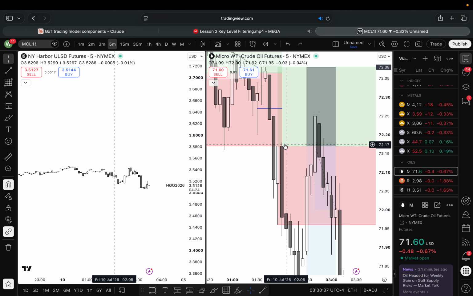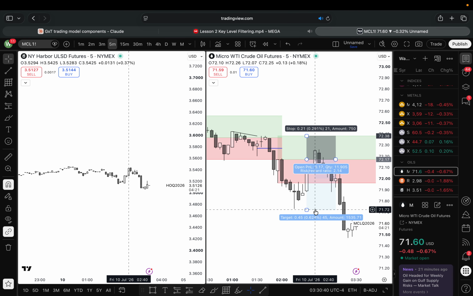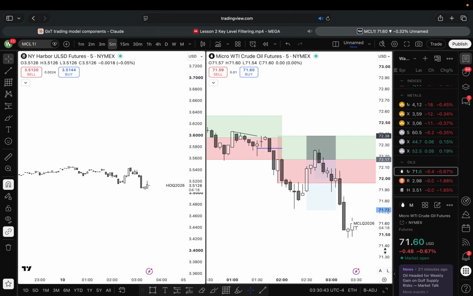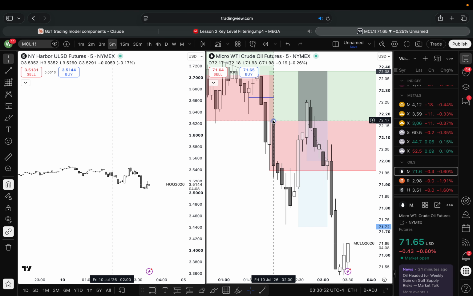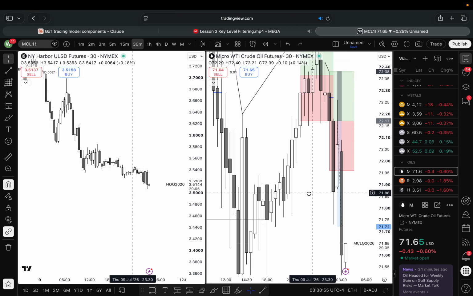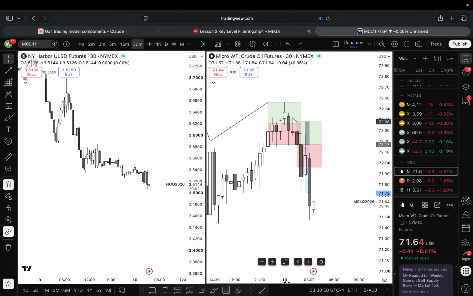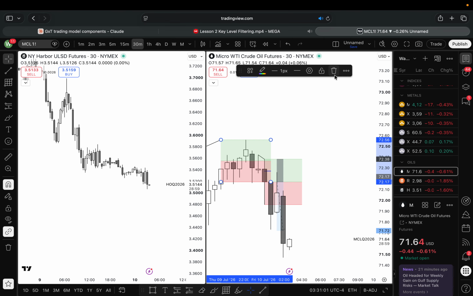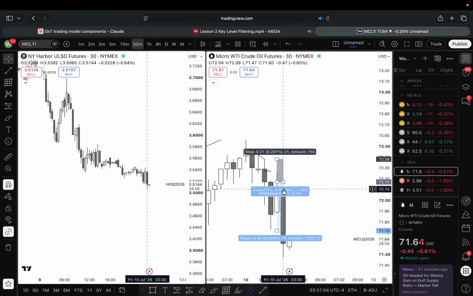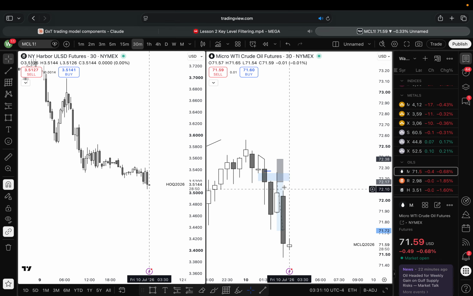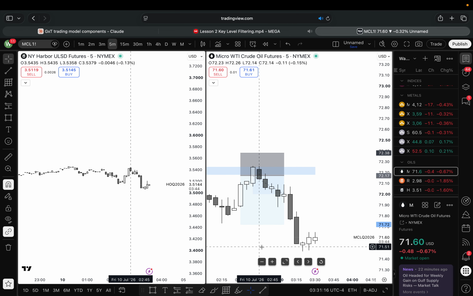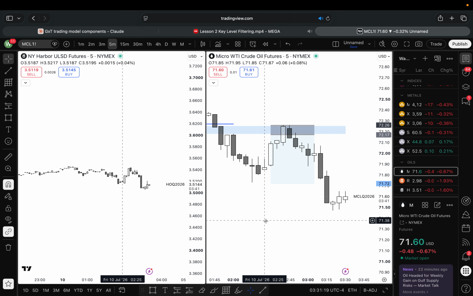So we basically top ticked it down, looking for 2R, or I was looking for these failure swings, right? So it was a bit more than 2R, and we had just missed it. Then I had my stop initially at break even once we were so close, but I moved it up because I see we have a 30-minute fair value gap right here. So nothing invalidates my setup right now, right? So once this fair value gap gets tapped and we form a CISD on the 5-minute, I moved my stops over here, right?